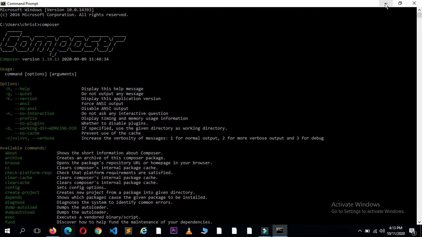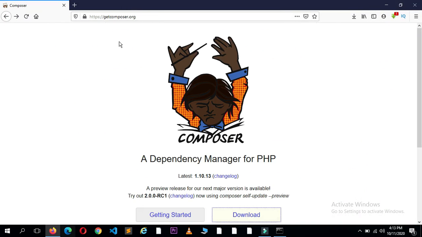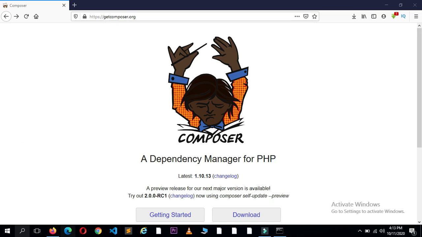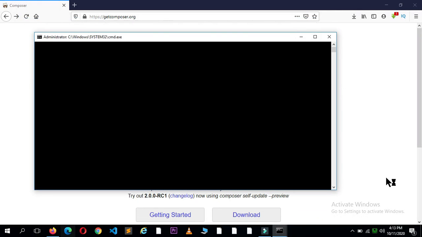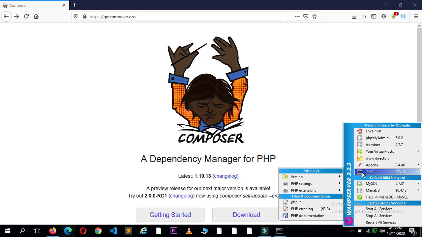So now we have to install Laravel. So we will simply go back and first of all turn on our WampServer. Yes, and now you can see that the WampServer is turning on, so it's taking some time. And make sure that you click on this icon and simply click on